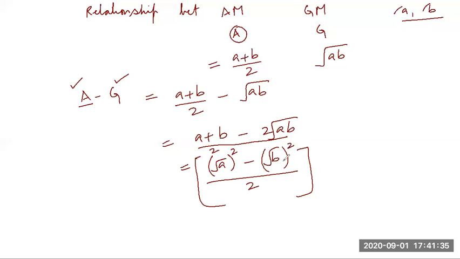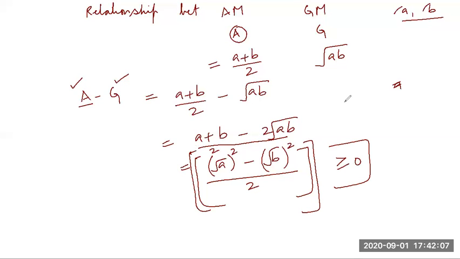Now, root a minus root b could be negative, but when you do square, it will be a positive thing. The worst case, a and b, under root a and under root b is the same in worst cases. So that way it's 0. So it's equal to 0 or it is greater than 0. I can write, it's either equal to 0 or greater than 0, so I'm going to write greater than or equal to 0. So this thing is greater than or equal to 0.